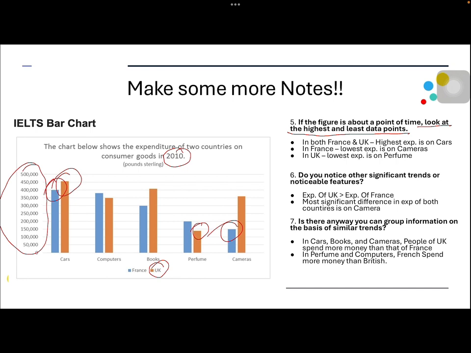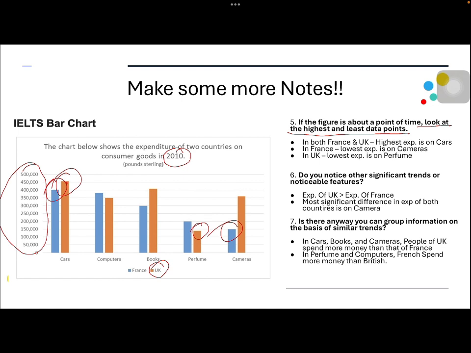इफ यु रिमेम्बर हामीले फर्स्ट स्लाइडतिर नै कुरा गरेको थियौँ कि you are assessed on your ability to be able to compare data as well, right. So अब यो केसमा फ्रान्स र युके किनभने दुईटा कन्ट्रीको कुरा गरेको छ, also 5 वटा कन्ज्युमर गुड्सको कुरा गरेको छ, we should try our best to be able to compare between these key components that have been given in the figure. Now in this case what we are trying to do is if we look at roughly नै हेर्यो